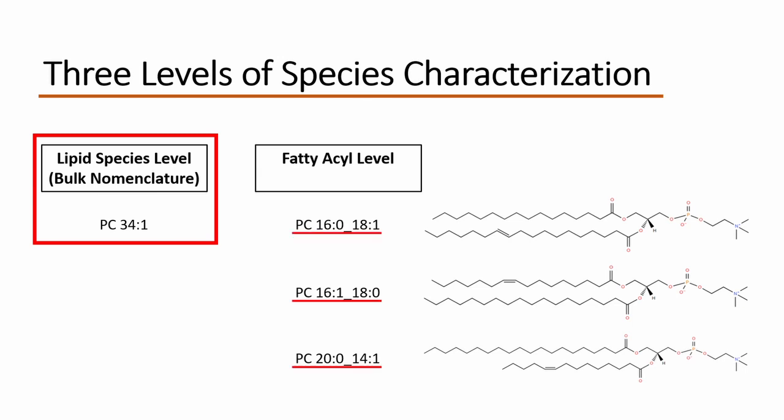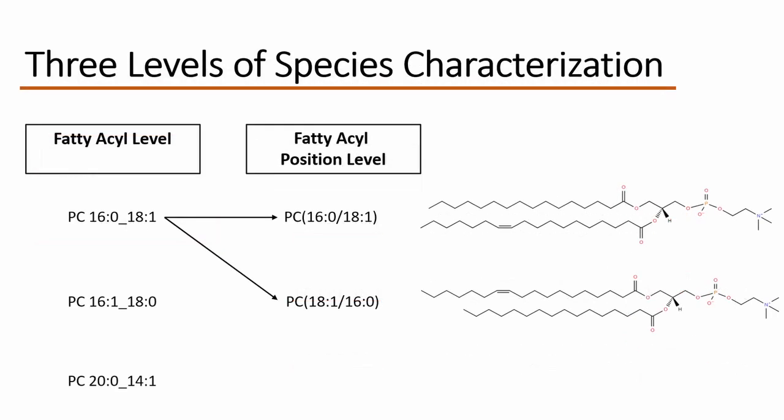As shown here, there are a variety of acyl tail combinations that could be measured as such. If you search PC34-1 in the LipidMaps database, you'll be able to view other possible combinations. In our lipidomics assay, we report phosphatidic acids, PAs, with this bulk nomenclature. Most diacyl species reported in your lipidomics data provide acyl tail level characterization. This nomenclature denotes the number of carbons and double bonds on each acyl tail.